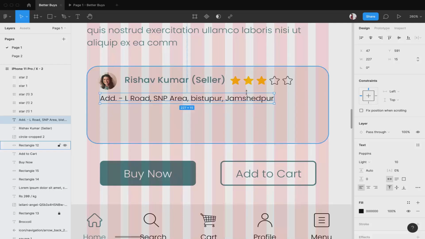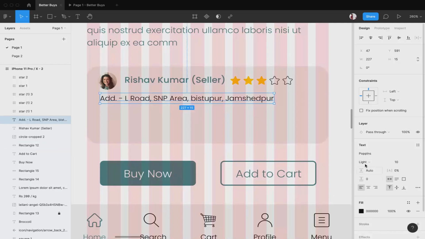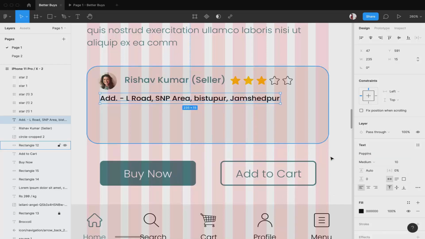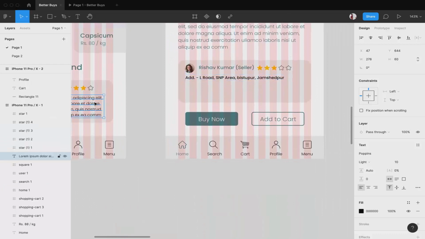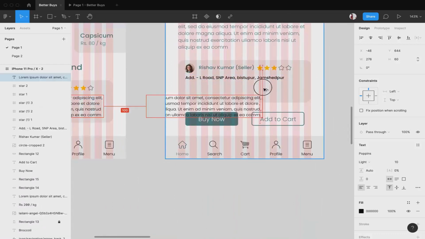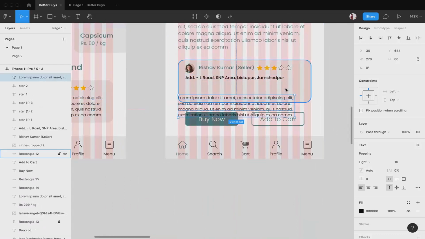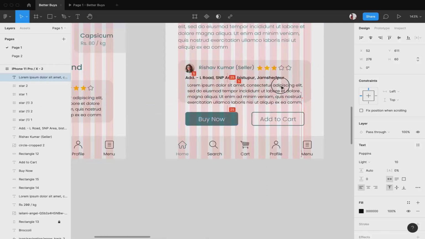Okay, so now I'll change it from light to medium to make it more significant as compared to the text that we have over here, which we will decide later is going to be related to the seller or a review about the seller.